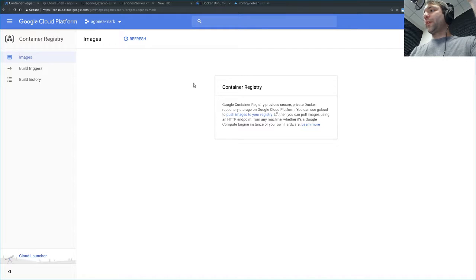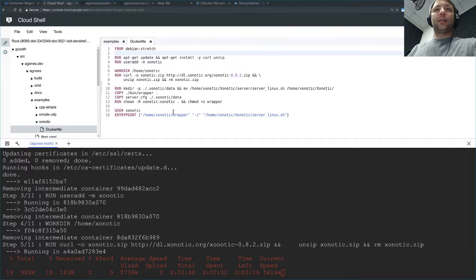Are the commas missing from the entry point command? Ooh, they might be. That's a good question. Let's have a look. They are. Whoopsies. All right, we'll let that finish, and then we'll